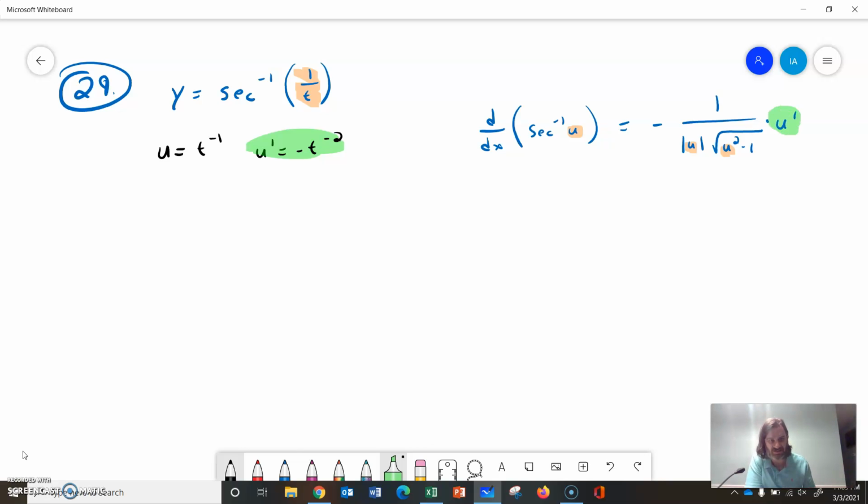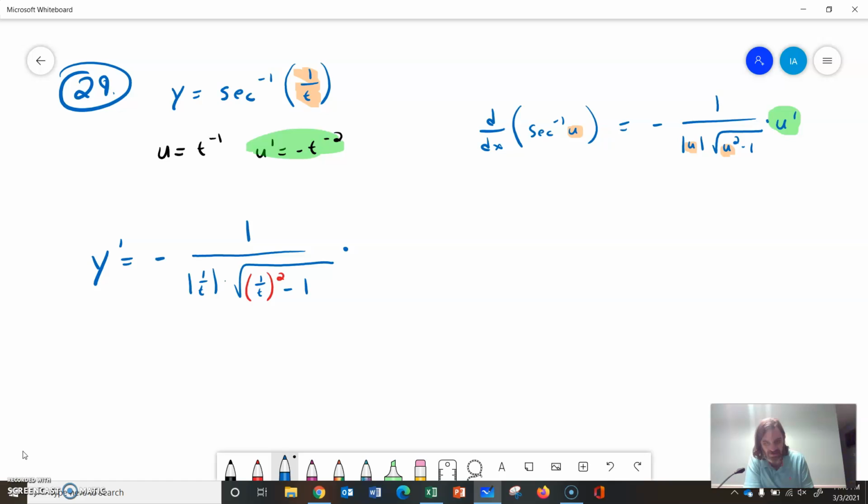I don't see much reason in cleaning these things up later on. So my derivative y prime will be negative with a 1 on top, absolute value of 1 over t if you like, times square root of 1 over t, and that will be squared, minus 1, and then out to the side times negative t to the negative 2. So in all that, we could definitely make some changes. I think if we wanted to clean it up, we could say y prime equals